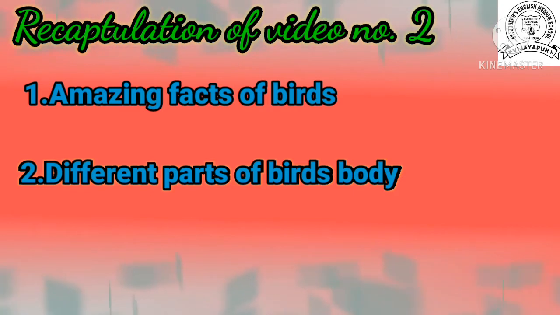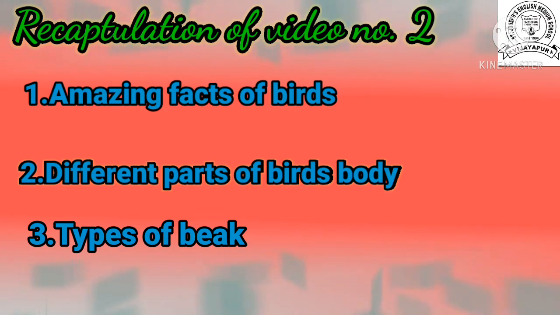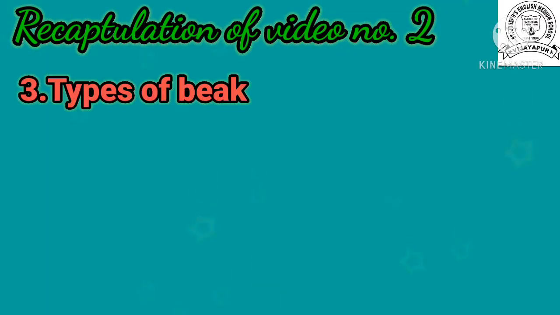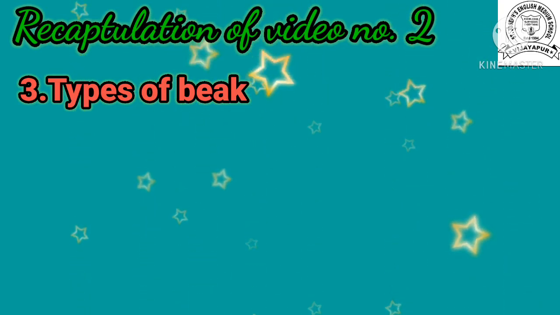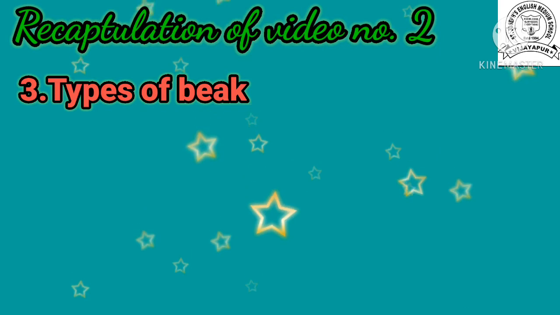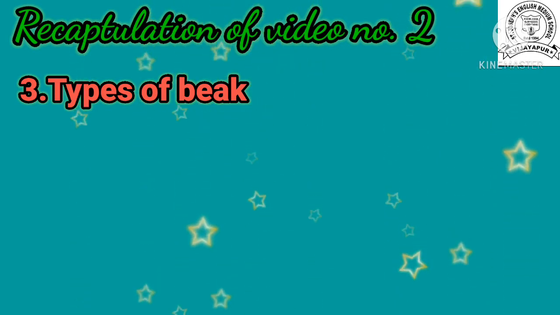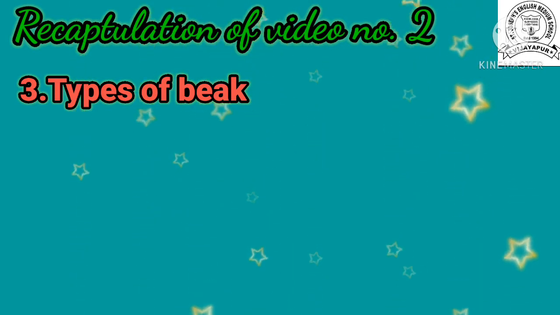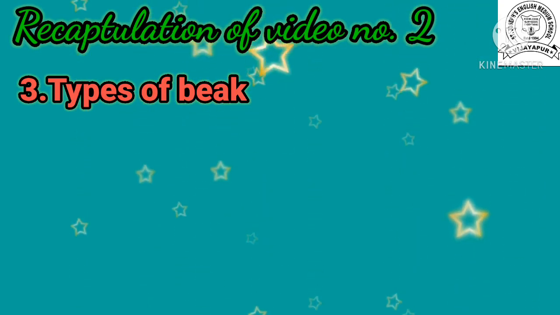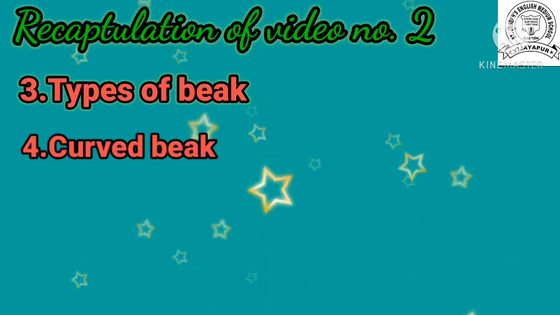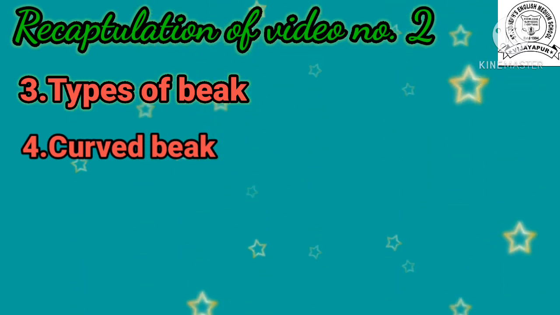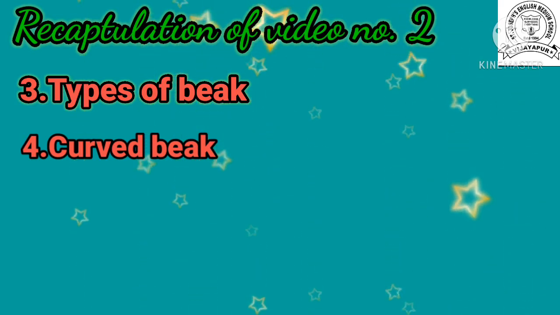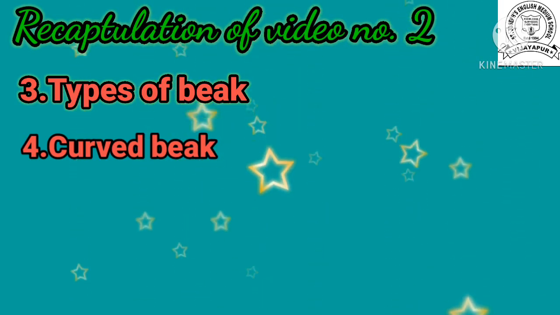After that we learned the different parts of a bird's body. A bird consists of a beak, throat, breast, wing feathers, tail feathers, and foot and claws. These are the parts of a bird's body and they do different functions. One by one we discussed all these body parts. First of all, the beak. So what does beak mean? Beak is a jaw, a projection of the jaws, and there are different types of beaks depending upon their food habit.